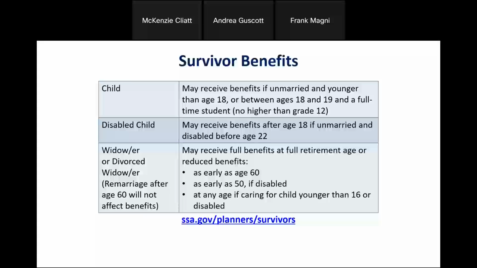So once again, you might have a 25-year-old who's getting benefits because they're disabled off of a parent's record, and then the same 25-year-old might be getting benefits off of an SSI record. That person getting benefits off of an SSI record is going to have more aspects that determine eligibility than the person that's getting benefits off of a survivor